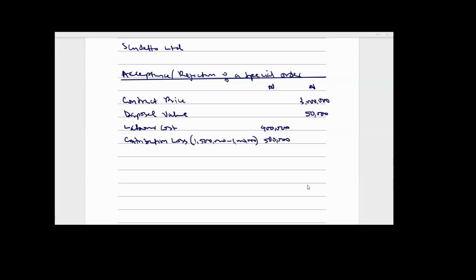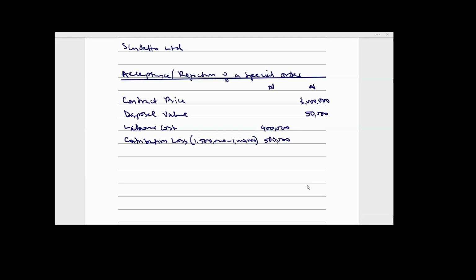Now, you are told that fixed production overhead absorbed relates to labor and will amount to 200,000. Irrespective of the decision taken on this contract, that fixed cost will be incurred. Therefore, it is not relevant. Even from the name itself, remember when I was explaining in one of our previous classes, I mentioned to you that there are two types of overhead, variable overhead and then the fixed overhead. Only the variable overhead is relevant. The fixed overhead is irrelevant. You ignore it, all right? Because irrespective of the decision taken, the fixed overhead will not change. And provided the fixed overhead will not change, it is irrelevant. So this 200,000, you ignore it. It's not part of our calculation. Next item,